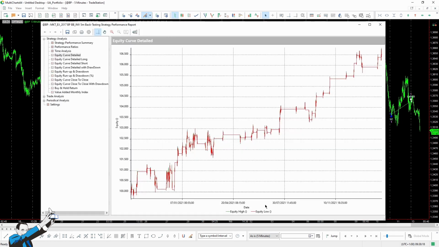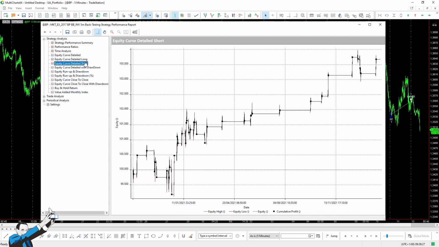This is the report of the strategy. As you can see, it has worked very well over the last year and a half, both on the long and on the short side. You see that at the beginning, the short side struggled a little bit, but then it also performed very well.